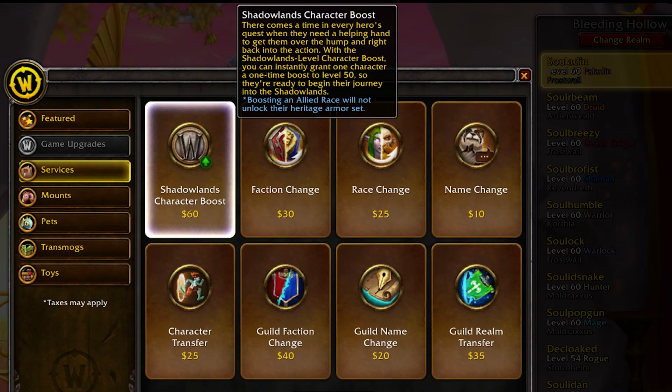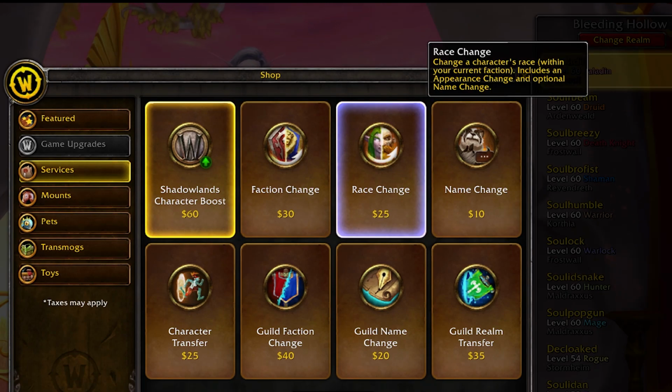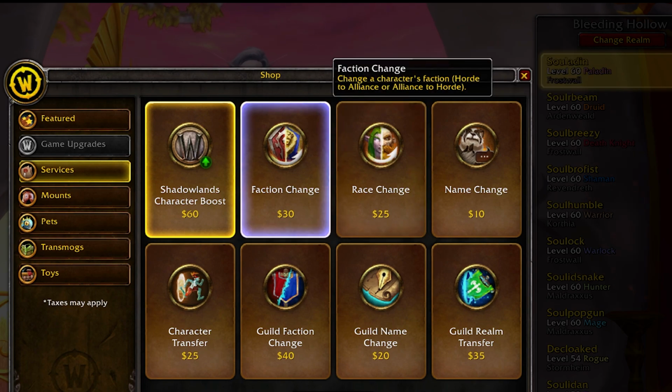To change your name, it costs $10. To change your race, $25, which happens to include a name change. To change your faction from Horde to Alliance and vice versa, it's $30. This includes a name change as well, and since races are tied to factions, you get to choose a race